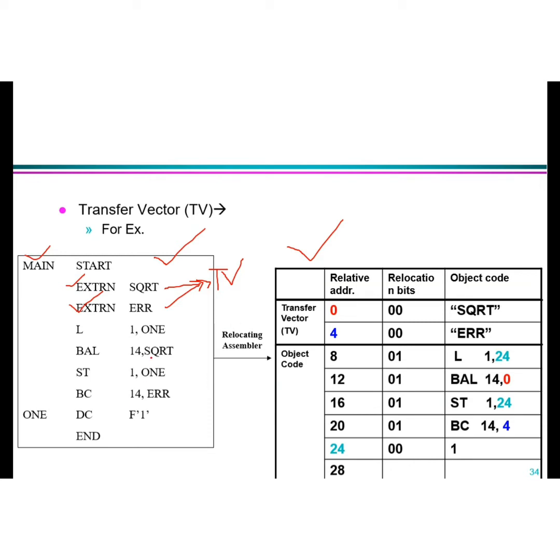See here, BAL is giving a call to SQRT. So you are going to branch to SQRT. BC is also going to branch to ERR. So these are the jump locations to outside routines. So how will these outside routines be linked? So your subroutine linkage concept comes into the picture. External keywords are used, SQRT and ERR. Okay. So for each symbol associated with the extern keyword, we are creating an entry in